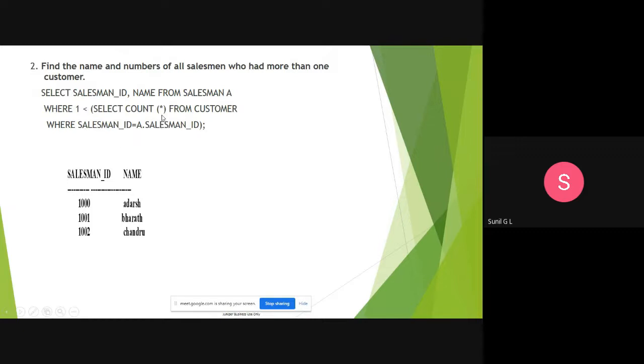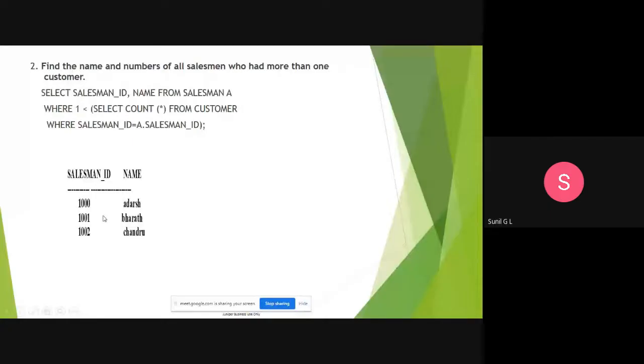It should match and it should be counted. We are getting the count, and that count should be greater than one. This is the second way.